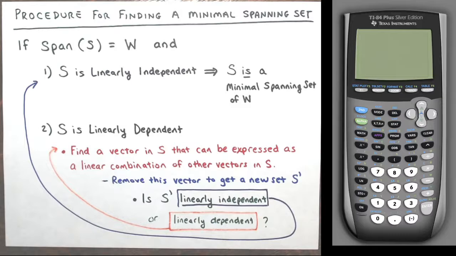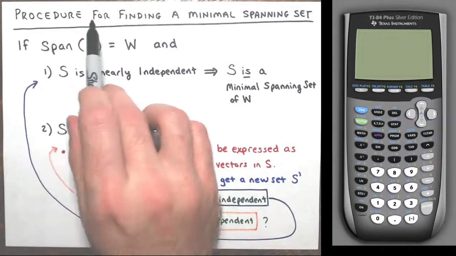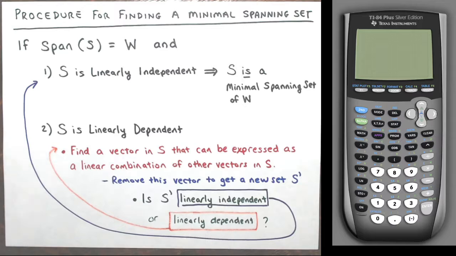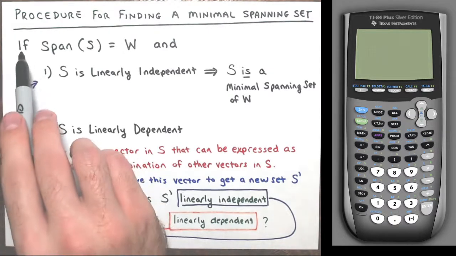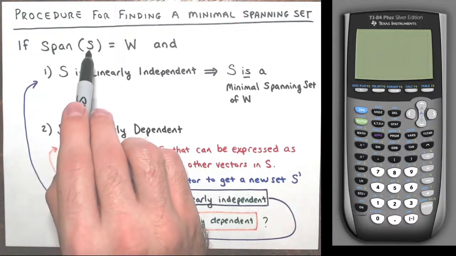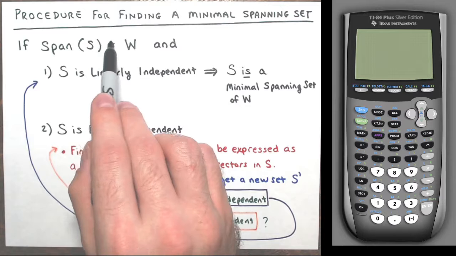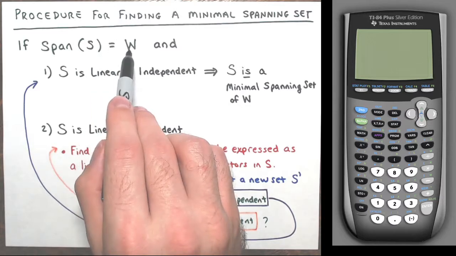So, procedure for finding a minimal spanning set. And like I said, after I go through this in a couple of examples, I'll show you a shortcut. So if the span of S, the set of all linear combinations of the vectors in S, is equal to subspace W,